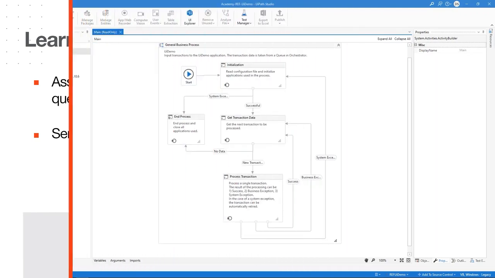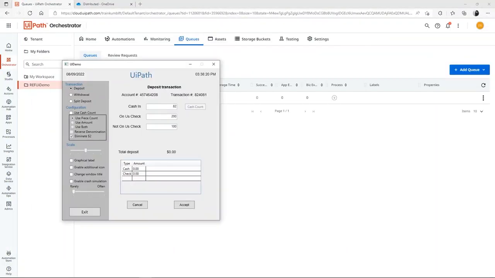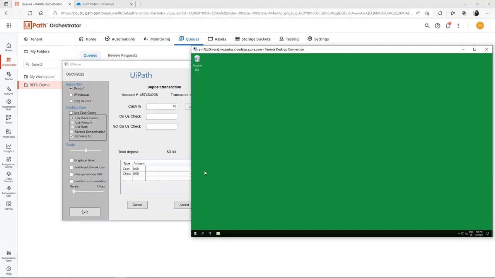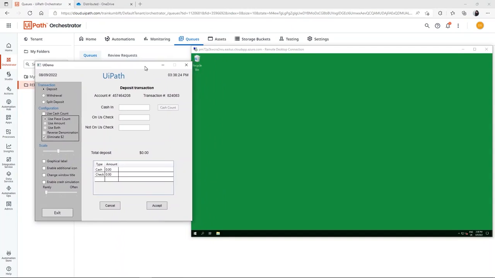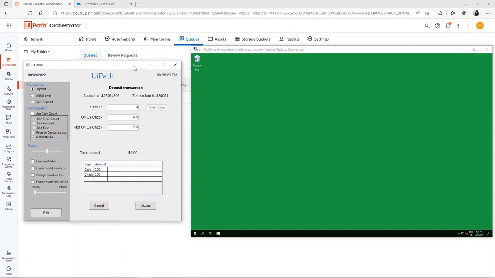Let's get started. We're already running the UI demo process on the local machine. We've started the execution from Studio. We also have one virtual machine prepared where we have a robot connected to Orchestrator and the UI demo application installed. Now, let's see how we can run the UI demo consumer on our local and one virtual machine at